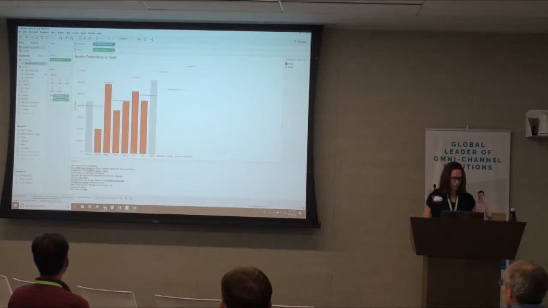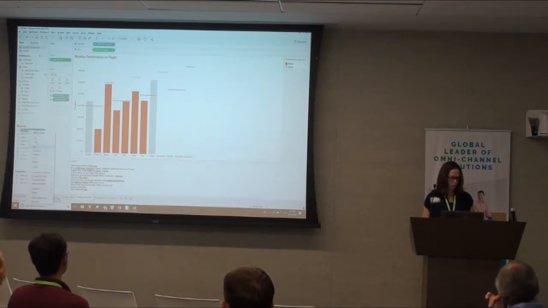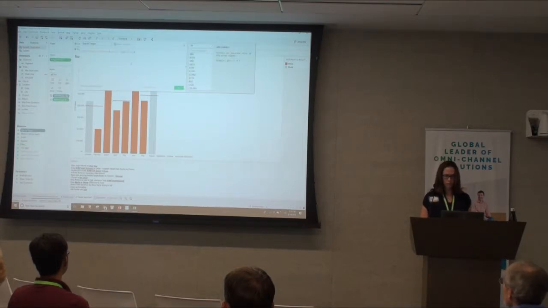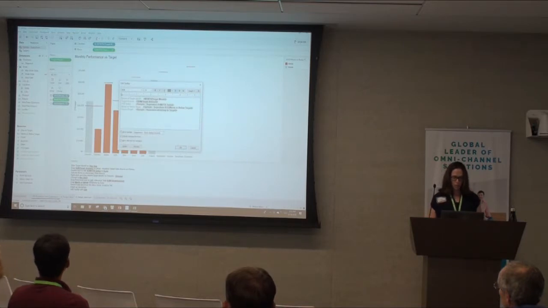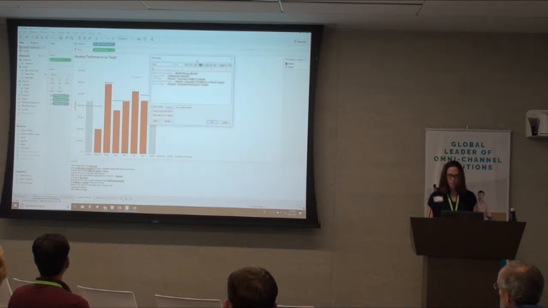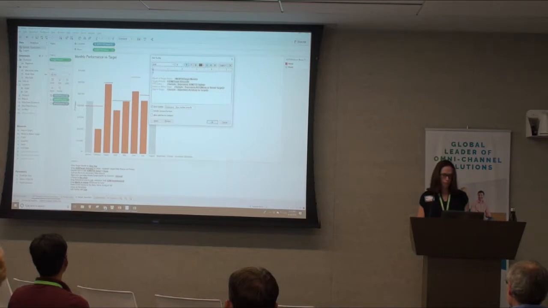So, let's say that the gap to budget is also kind of important to us. So I'm going to take the gap to target, which is just the target amount minus sales. And I'm going to put that on Tooltip so that it's available to me as well. And I always like to uncheck these too, that's just a personal preference. So here's my sentence, or my start of what my sentence could be. And I'm just going to go ahead and switch it around so that it speaks in plain English to our